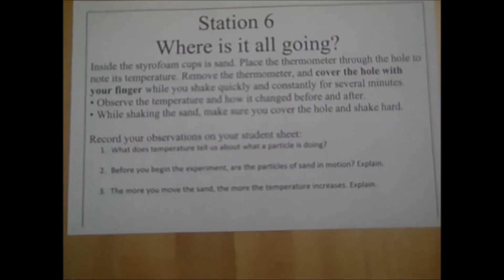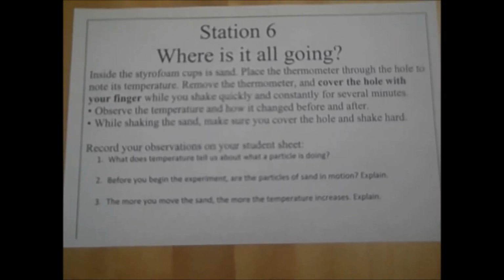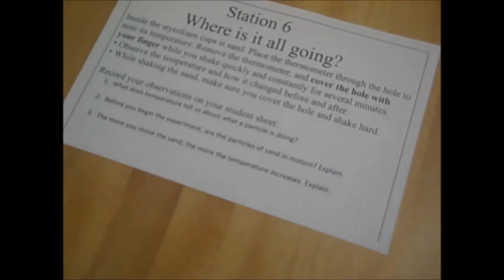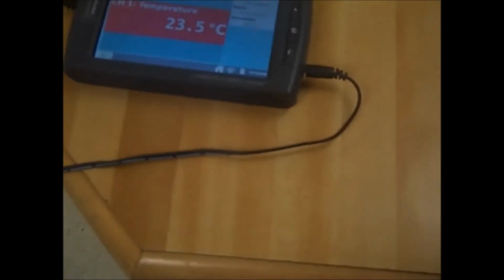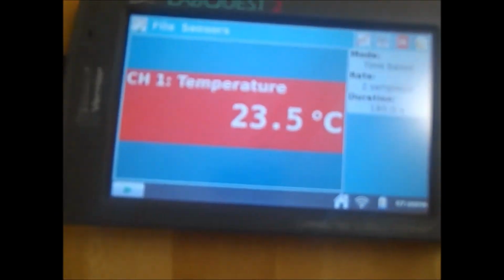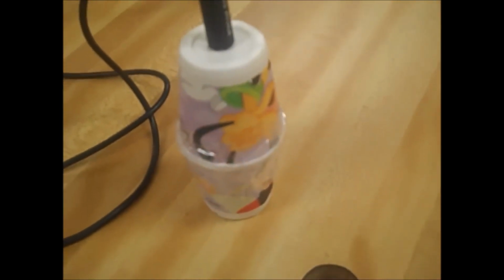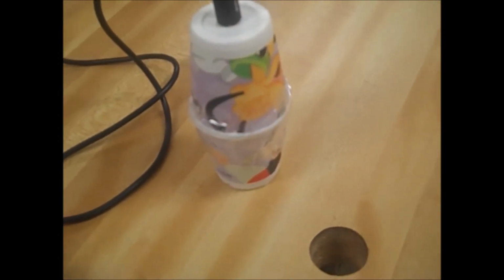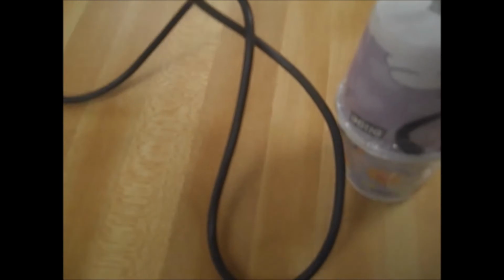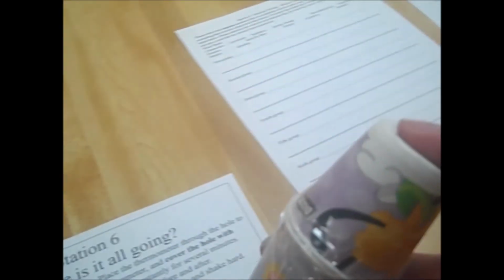Station 6, where is it all going? This is talking again about the kinetic theory of temperature, the motion of molecules. So we have a temperature probe set up. It's reading 23.5 degrees Celsius. It's currently stuck inside of this cup. These two cups are taped together. Inside, all we have is sand. So I'm going to take this sand,